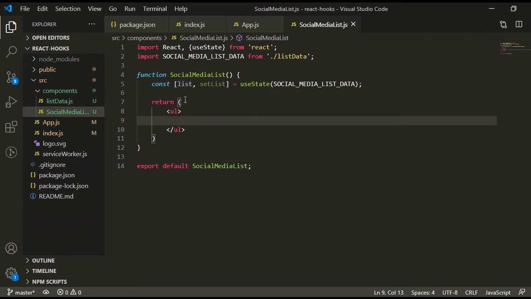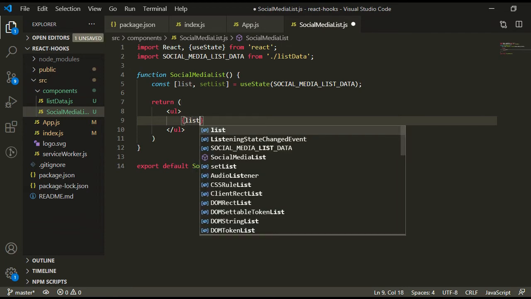So now we will use this list of data to print all these items here. For that we will use the map function on the array list. Here our list variable contains the array of object values.